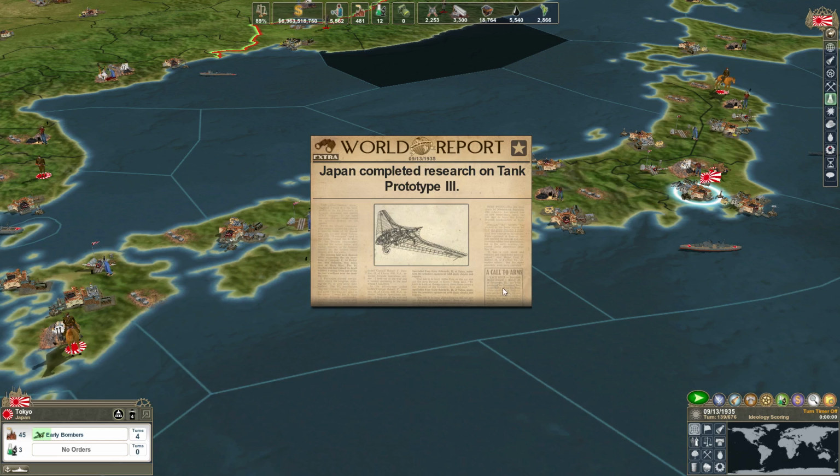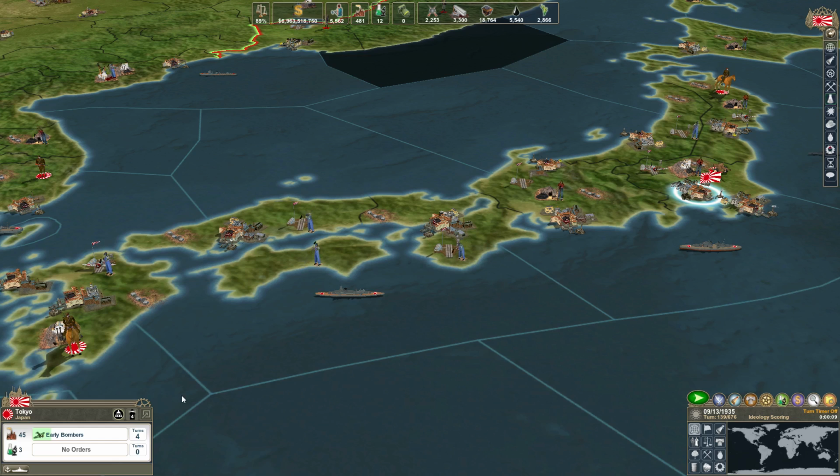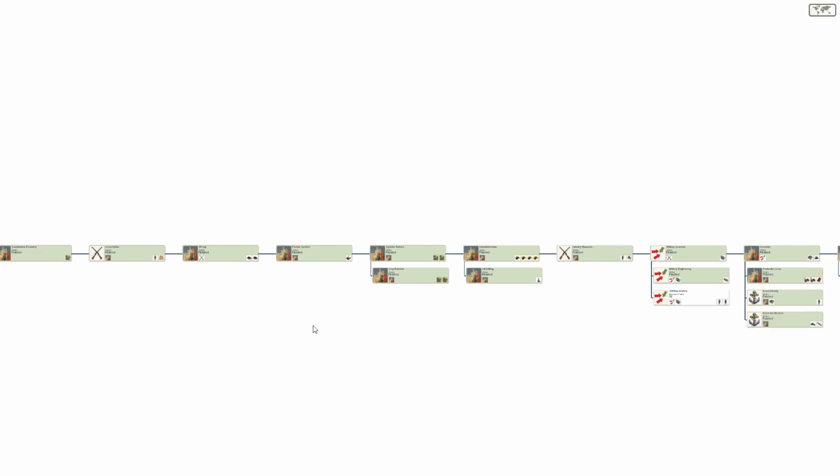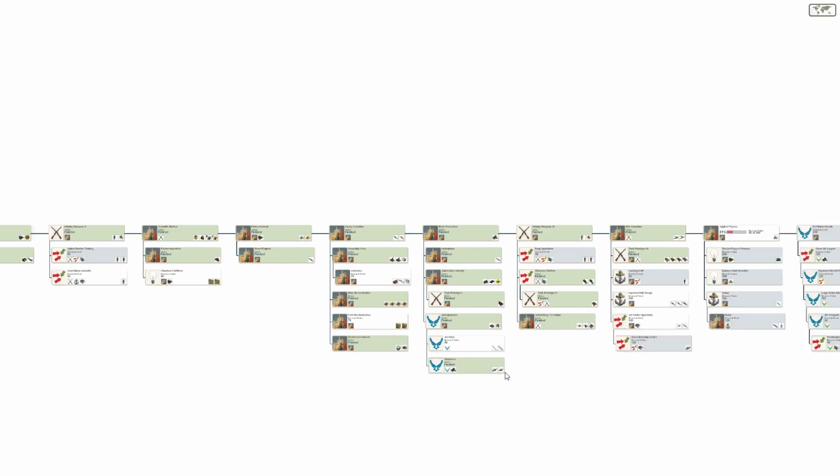And we've finished our research on tank prototype 3. Italy declared war on Abyssinia. It's over in Africa. And also, we need to choose a new research path. So as I was stating,